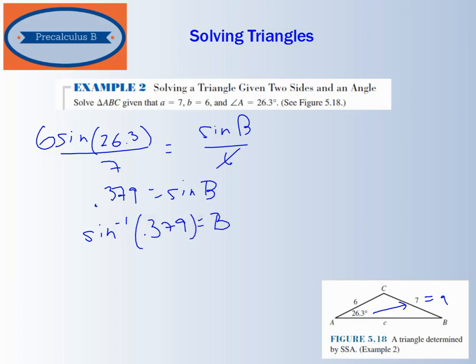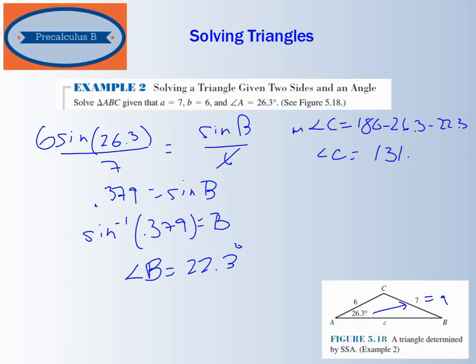So I do inverse sine, and I get that angle B is going to equal 22.3 degrees. Now that I have that, I can easily find angle C, because the measure of angle C is going to be 180 minus 26.3 minus 22.3. All right, and I do that, and I find that angle C is equal to 131.4